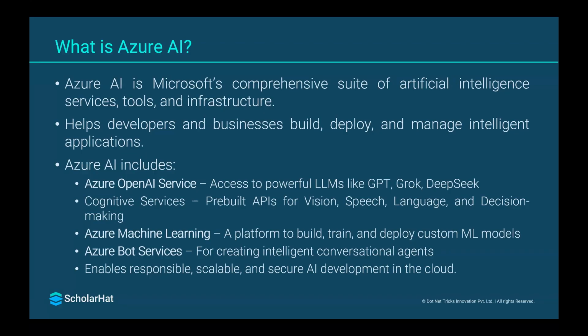Because ultimately for the AI, we need to buy the hardware where we can make our custom model and we can train the things. So we don't need to buy the hardware. That complete infrastructure the Microsoft is providing to us. So what are the machine learning model you are willing to build? What are the machine learning model you are willing to train on your data set? I can do it completely using the Microsoft Azure infrastructure. Even they are providing the tools as well.